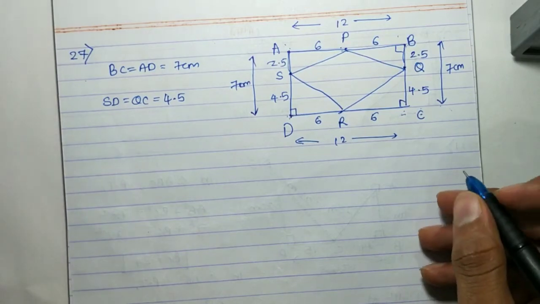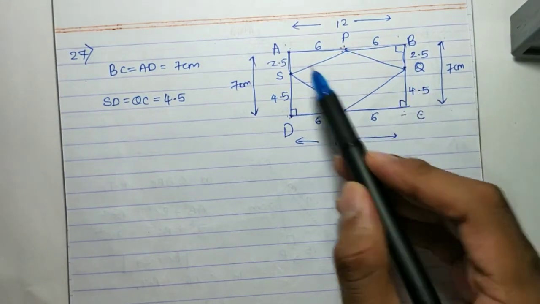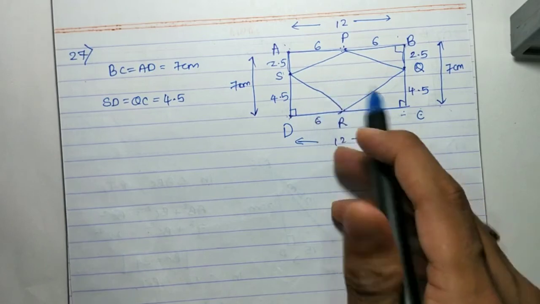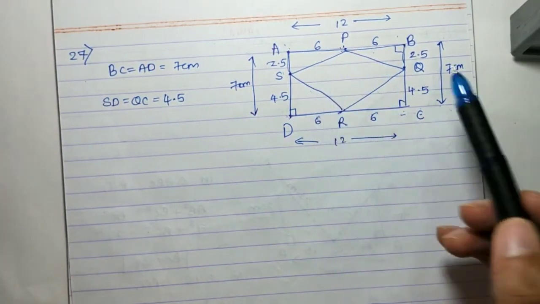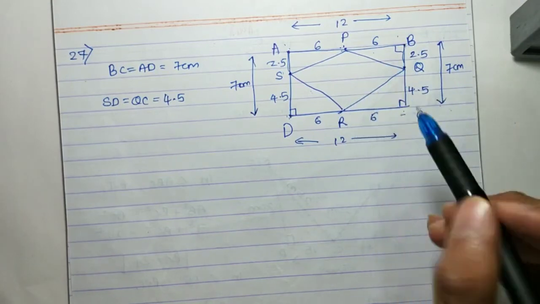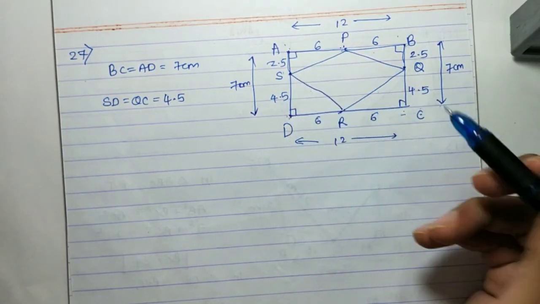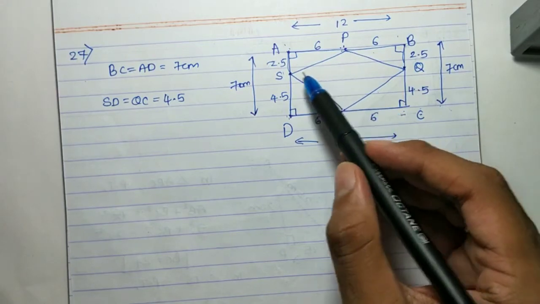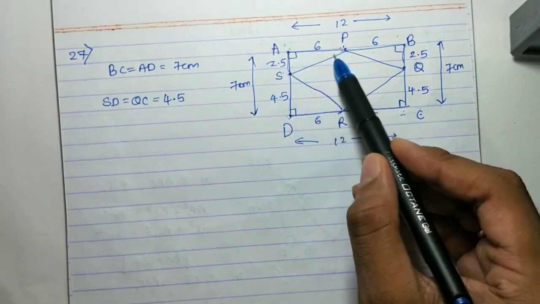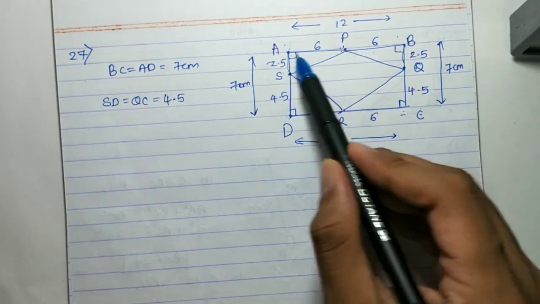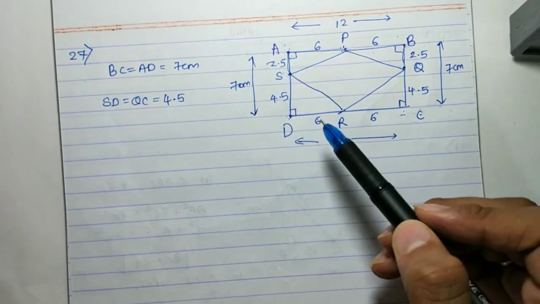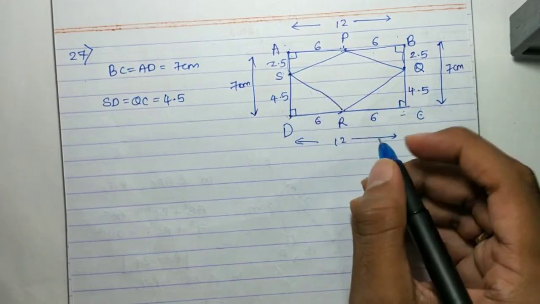Okay, now we have to find the perimeter of PQRS. Perimeter of PQRS means we need to know all the sides. So let's, using Pythagoras theorem, let's find the sides. Okay. So let's take this triangle first. So in this triangle, opposite to 90 is PS. So this is hypotenuse. We know this is 6 and this is 2.5. So what will be PS